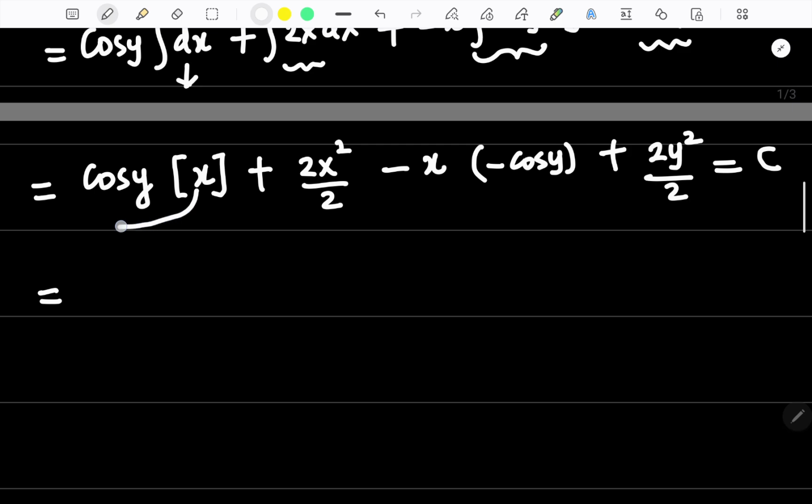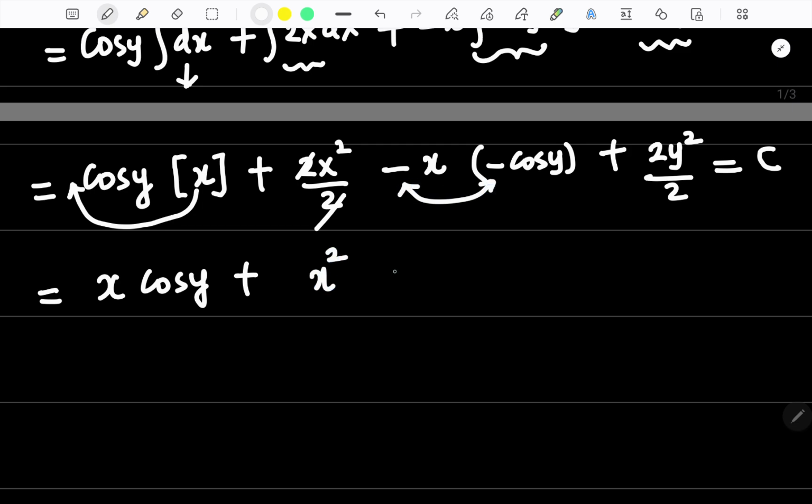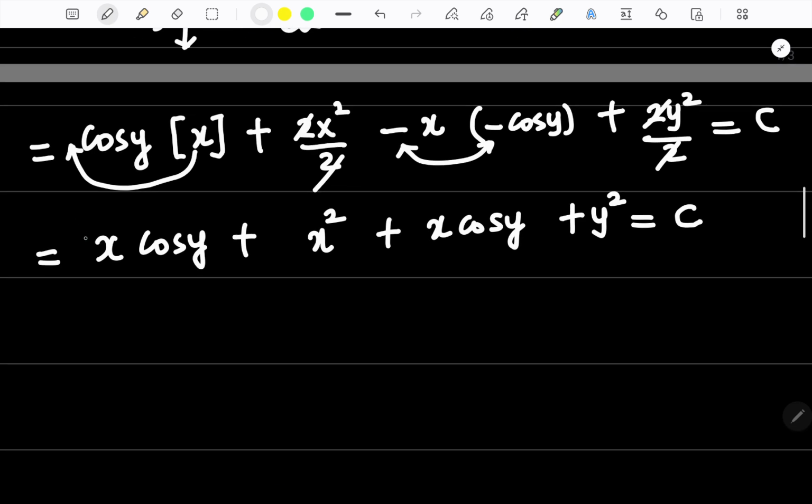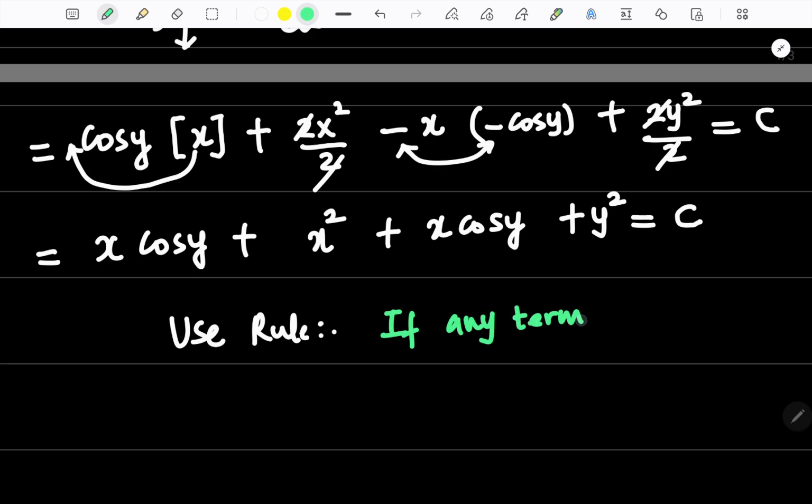This equals, let me write this x in the front. X cosine y plus 2 gets cancelled. I'll get x square. And minus is going to become what? Plus, which is x cosine y. 2 gets cancelled. Plus y square is equal to c. At this stage, you are going to use one rule. What is the rule? The rule is, if any term, any expression is repeated more than once,